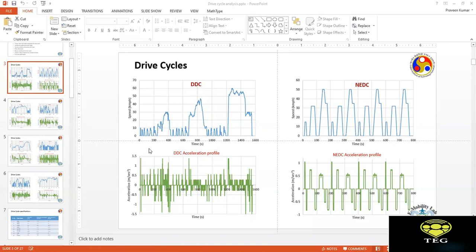No, but if you see here below the blue curve, we have the green curve. The green curve is the acceleration profile, and you have accelerations up to 1.5 meter per second square, which is pretty high. But after some time the acceleration keeps falling, sir. Yeah, but you have to reach that acceleration. That's the demand. If you don't reach there, then you are not going to reach that speed in that duration of time. So your vehicle movement would be sluggish. You keep on pressing the accelerator, but it won't pick up speed fast.